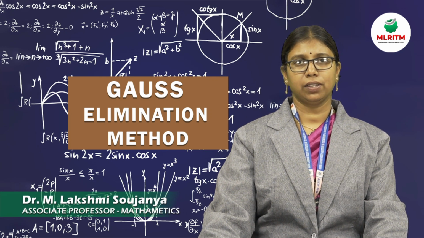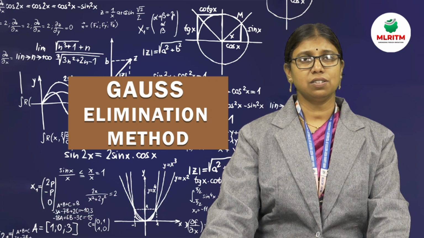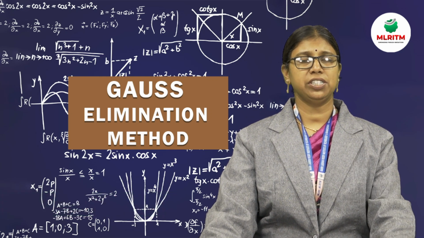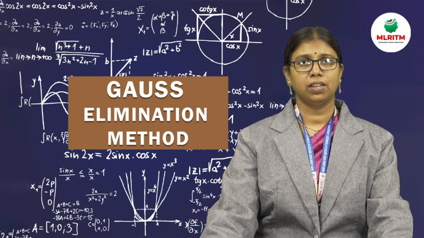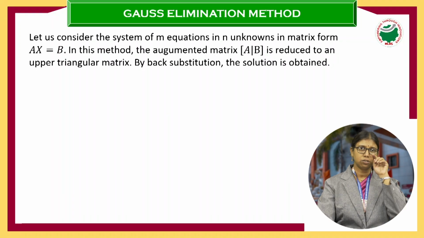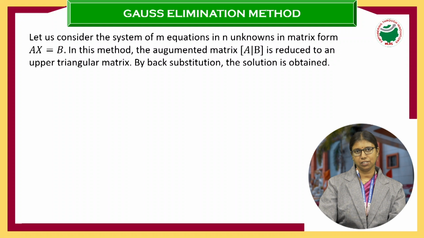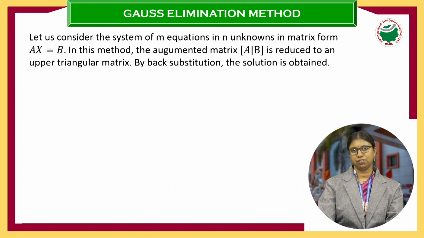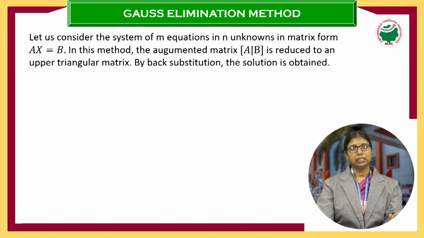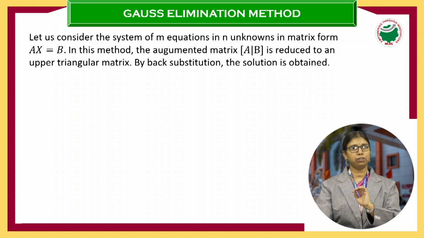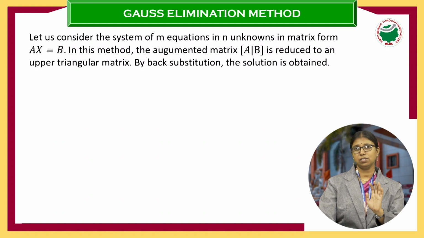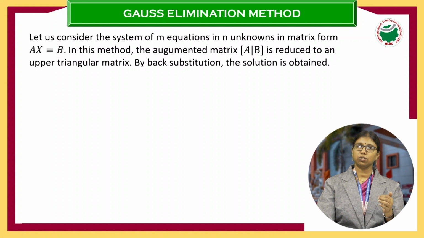In the previous sessions, we learned how to solve a system of homogeneous and non-homogeneous equations. Now we'll see another method to solve the system of non-homogeneous equations, that is the Gauss elimination method. It's the simplest method to solve the non-homogeneous system of equations, but here the equations must be equal in number to the variables only. That means if you have 3 equations, the number of variables is also 3, or 4 equations with 4 variables. For such type of system of equations, you can go with the Gauss